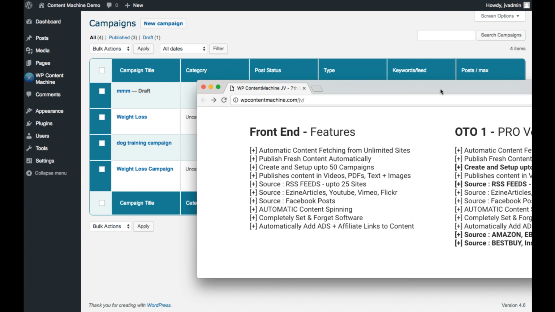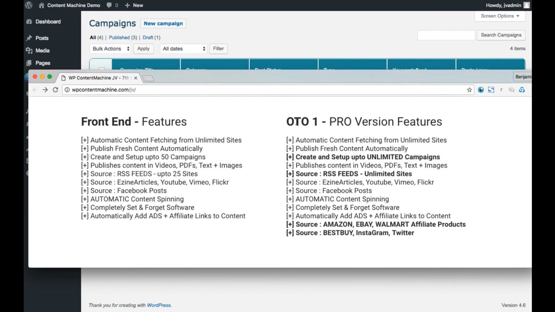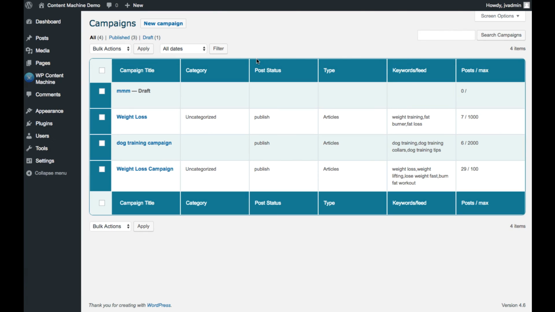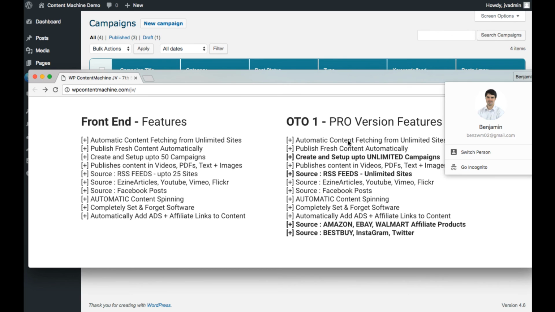Then, as far as features for OTO1, I also want to mention that this plugin is very inexpensive. This isn't hundreds of dollars like some auto blogging tools have been in the past, especially if you do the early bird offer. For OTO1, you can find content from Amazon, eBay, Walmart, affiliate products like ClickBank, and Best Buy, which is very interesting.